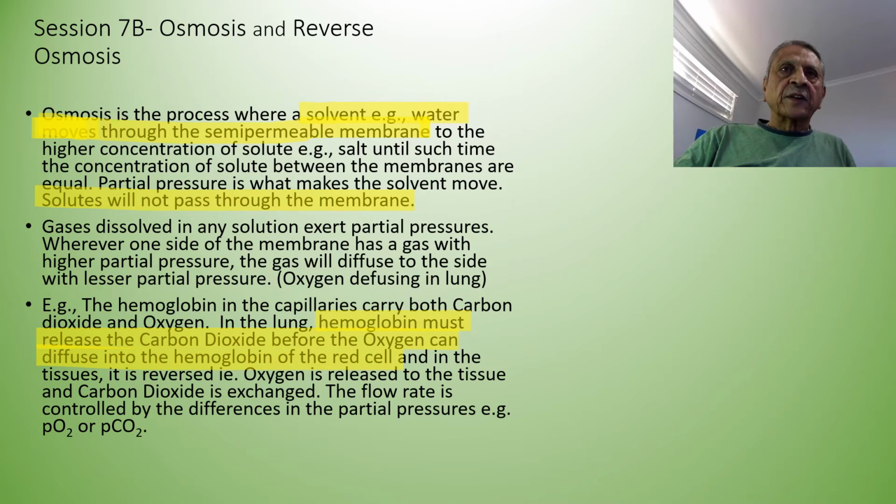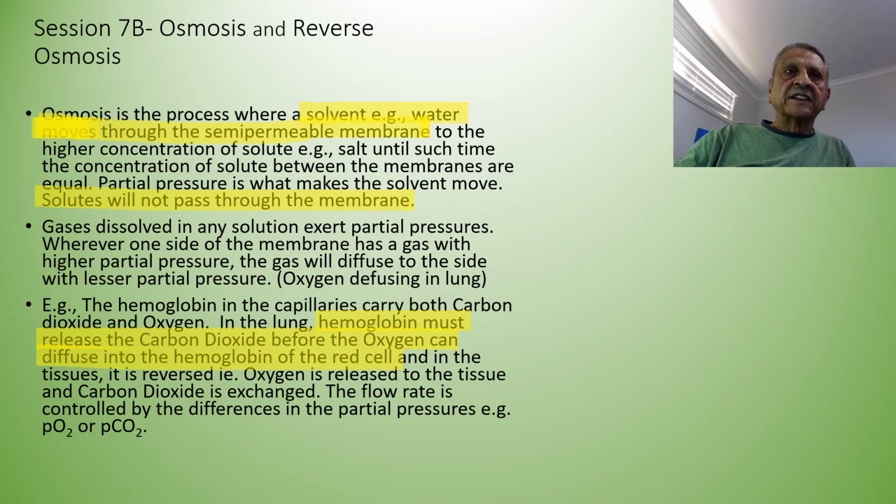After oxygen has been removed, the hemoglobin with the carbon dioxide comes to the lungs and gets exposed to the air from the lungs. The carbon dioxide, which is in very high concentration in the hemoglobin, is immediately released through the cell membrane into the lung. And once the carbon dioxide has been released, the oxygen